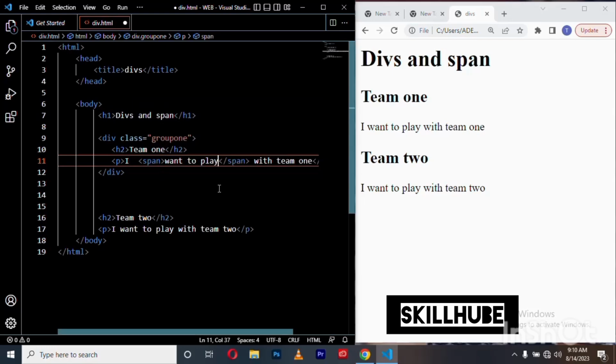Are you seeing it? Even if I refresh, nothing will still happen, because it will make sense once we start using CSS. That's when you understand all these things, but just have it at the back of your mind that div simply means division, just like I've shown you here. That's what it means. So thank you guys, we've come to the end of our class, and in our next class